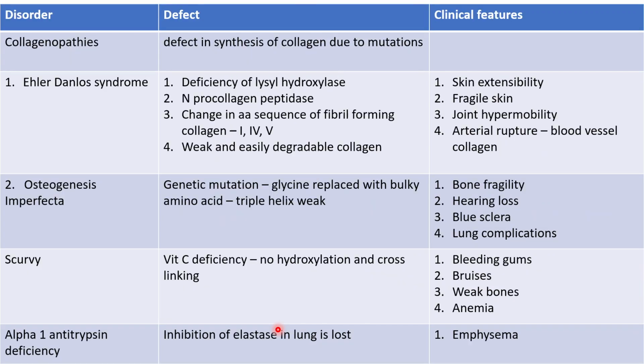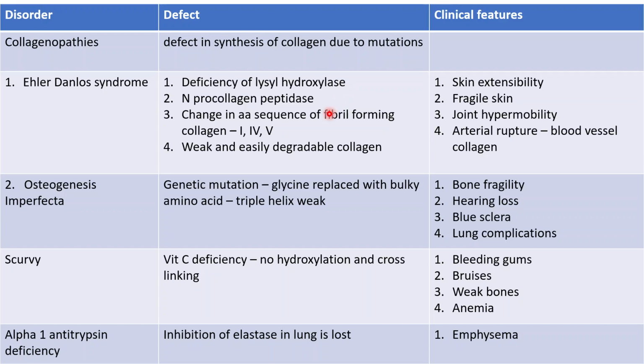Now let us look at some of the defects briefly, to understand the defects of collagen, or collagenopathies. A collagenopathy is basically a defect in the synthesis of collagen due to various mutations. First is Ehlers-Danlos syndrome, a type of collagenopathy in which there is a deficiency of lysyl hydroxylase. That means lysine is not getting hydroxylated, or hydroxylation is poor. We have seen that if hydroxylation is poor, cross-linking of fibers will be poor, and the structural integrity of collagen will be poor. Similarly, N-procollagen